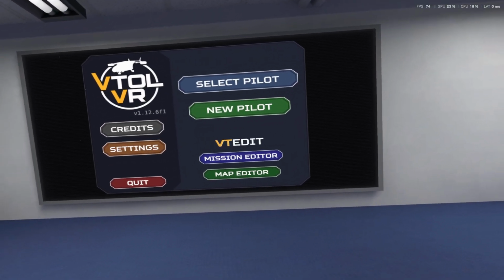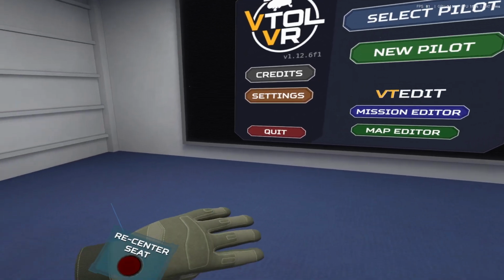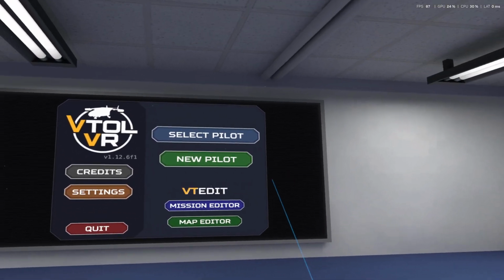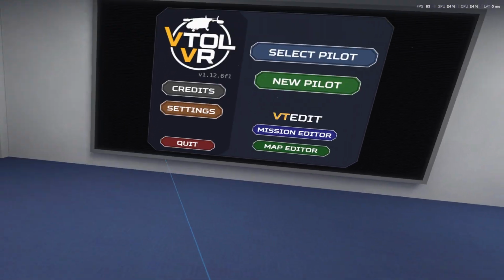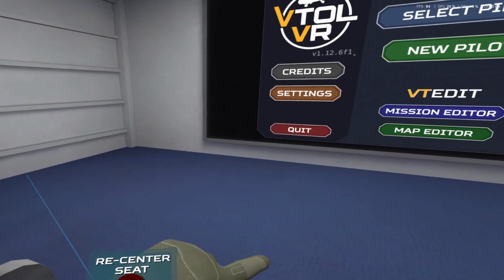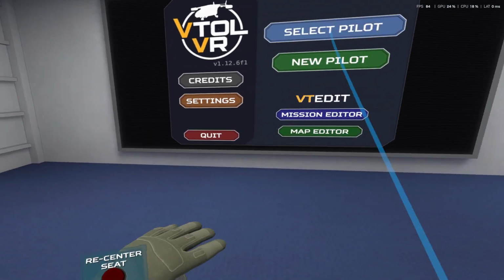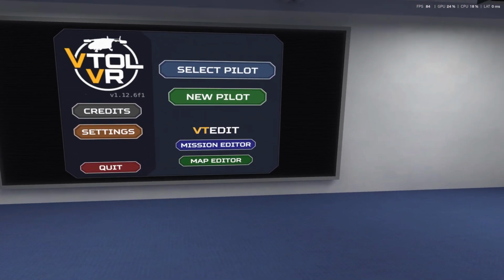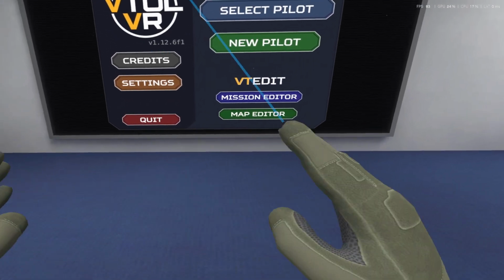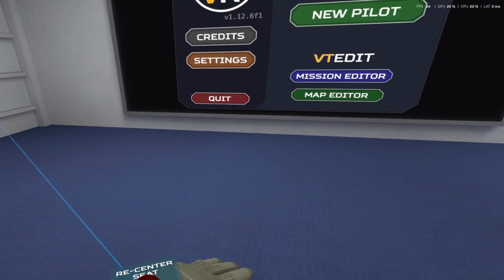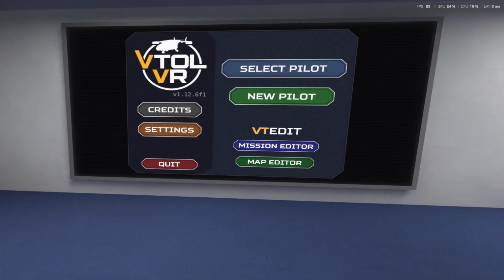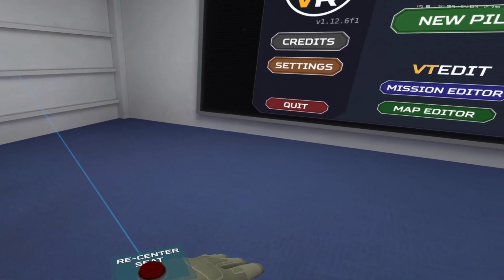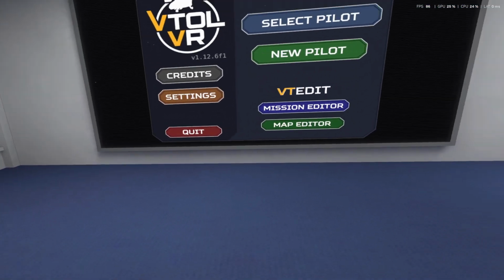Alright, so this video serves the purpose to explain the menus and to go a bit into depth how we plan to do it in our game. Now, in VTOLVR, when you join the game, when you start, you have just a basic overview of like a flight carrier top, and more importantly a start button and this recenter seat button, which eventually leads you